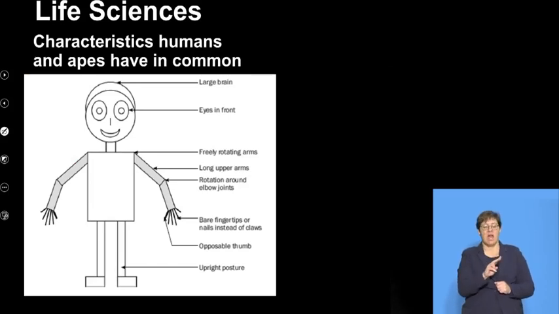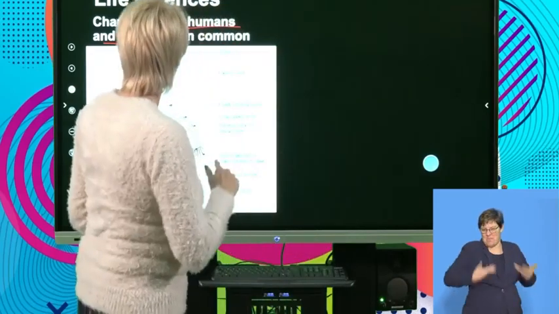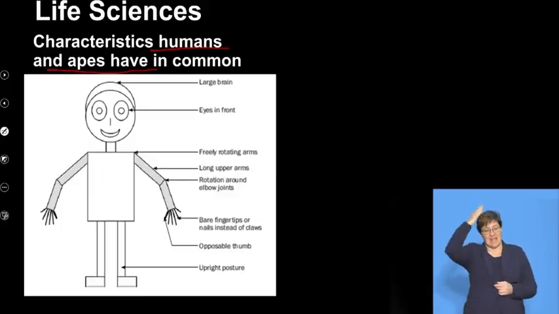Right, now let's have a look at the characteristics that humans and apes have in common. It's very easy to study or learn this, because it's quite important and you're frequently asked questions on it in the exams. You start at the top and work your way down. It's your body that you can work it from, so you actually have your crib notes with you. All right, so we'll start at the top.